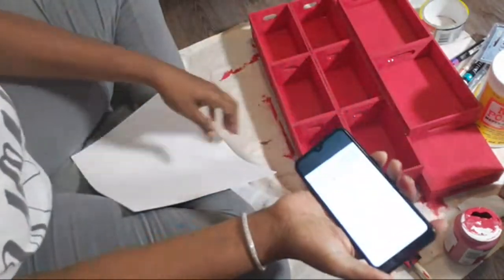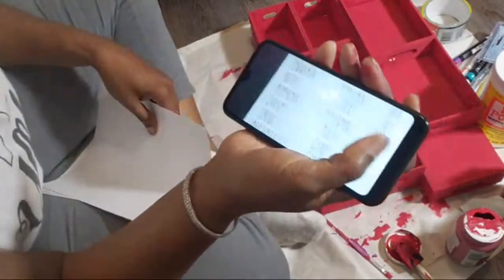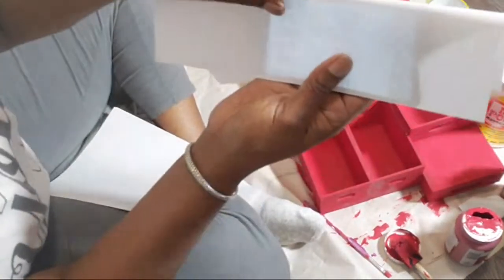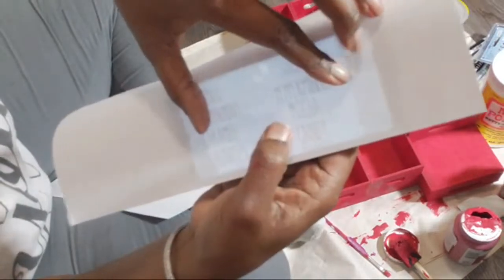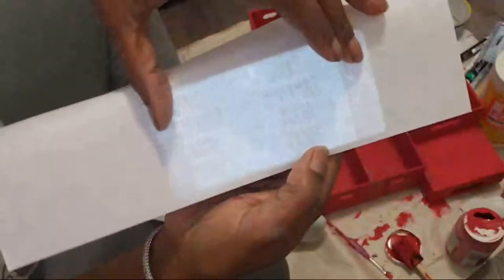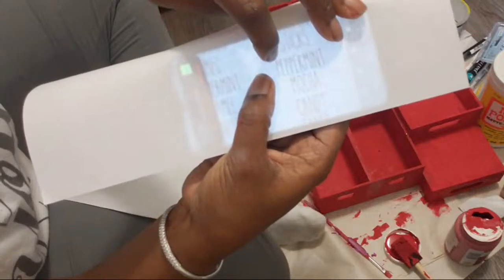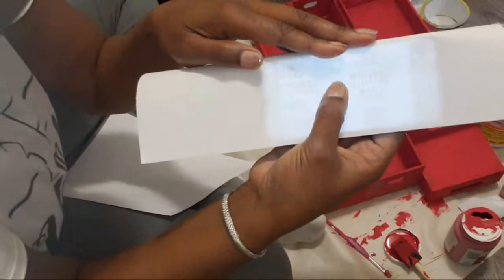So you would take this, and like I said, it works better on a computer screen because this one right here moves around. But you would take your copy paper. Oh, that's 2 pieces. You will find what you want. You take your copy paper. I'll make it bigger, even though I'm not gonna make it that big. Kiona, turn that light away. Okay, so you can see the wording on your phone. And so you would take a pencil or a pen or whatever, and you would actually go over this. You would actually trace this. Trace it. And once you trace it,